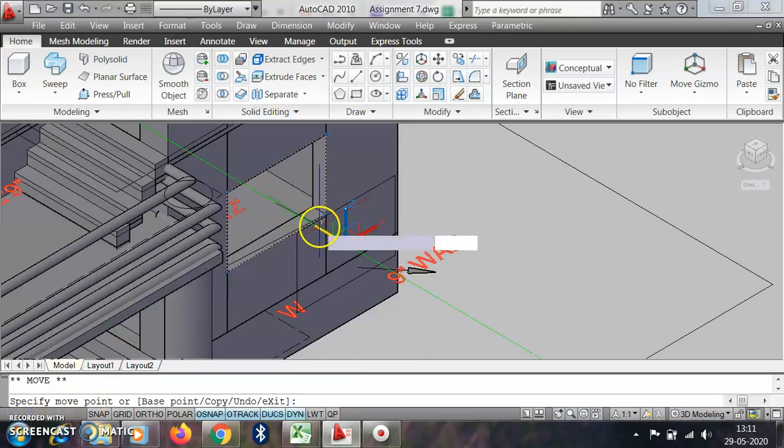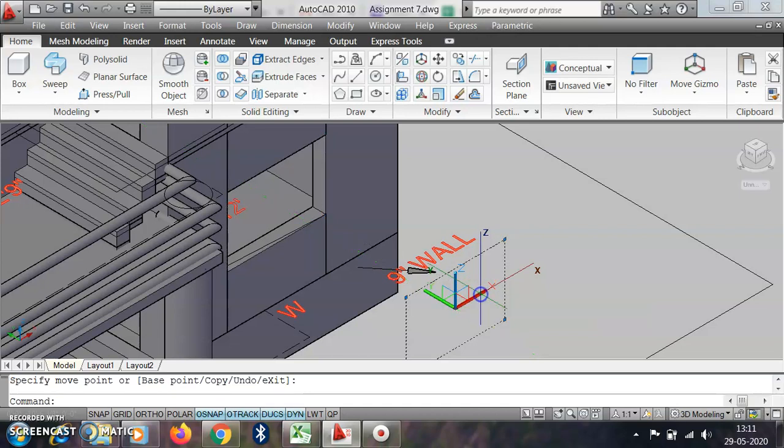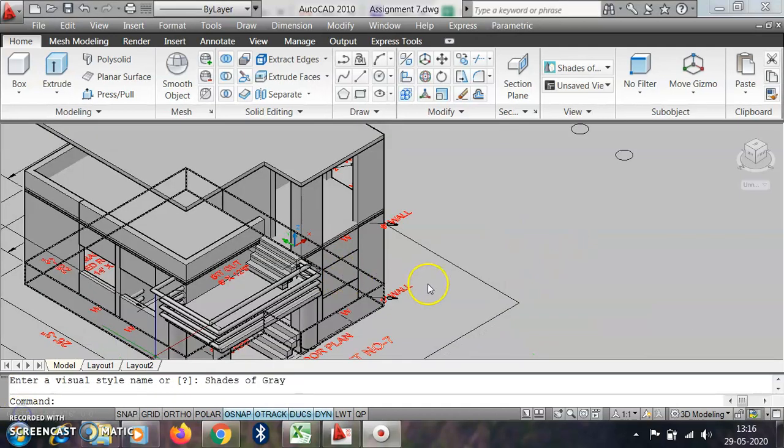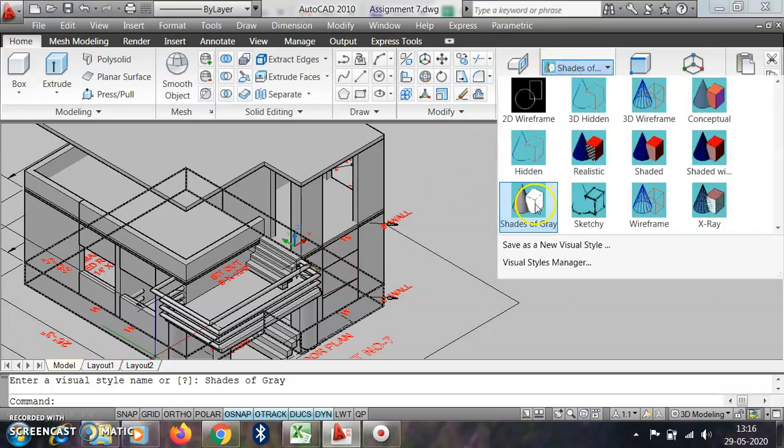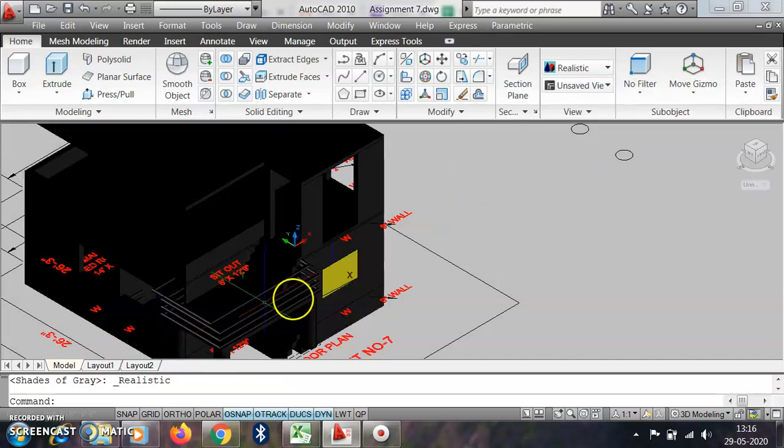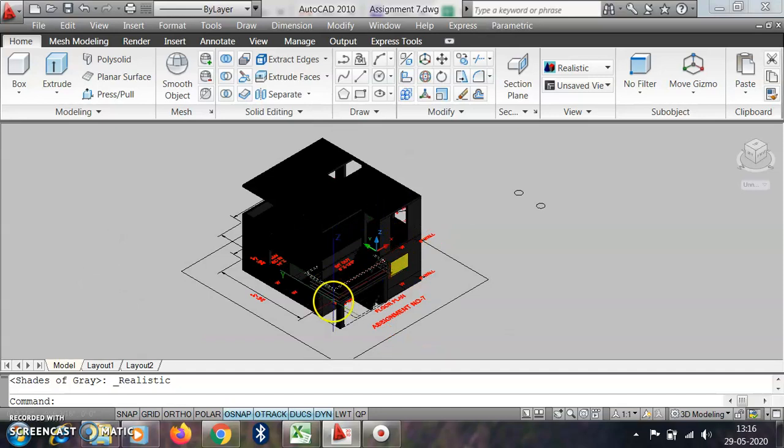Select this window at this side and take it as separate, at its original point, and then we can change the shade of the building. Suppose we take the realistic view, then we get the realistic view of this building.